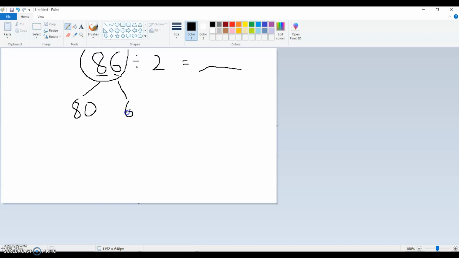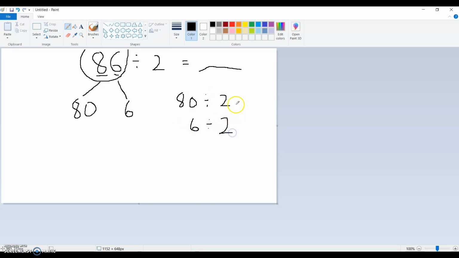So we are taking 86 and we are breaking it into 80 and 6, which means one of our equations is going to be 80 divided by 2, and the other one is going to be 6 divided